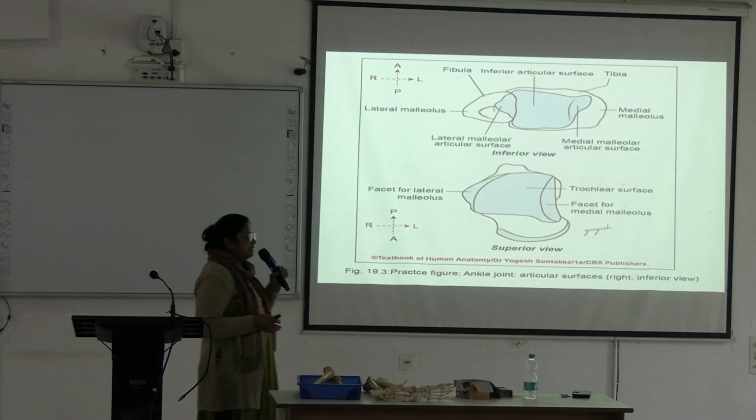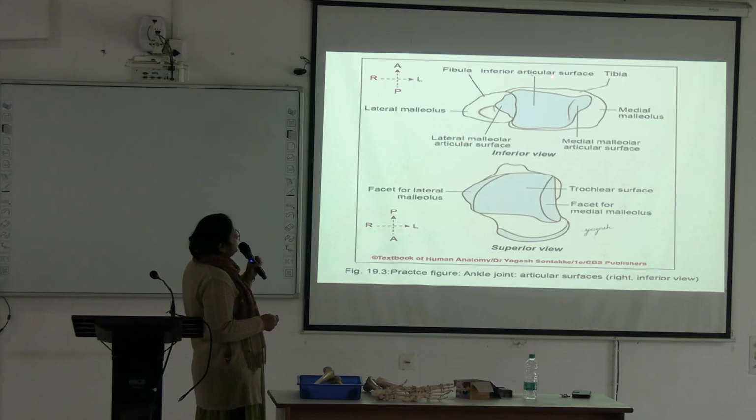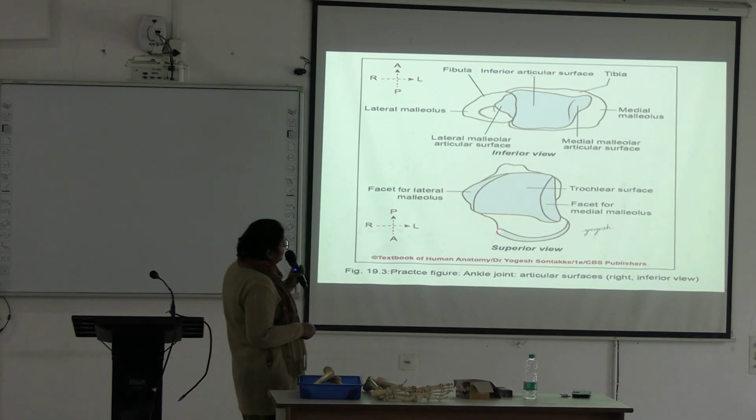or sprain. So this is the superior articular surface, this is the trochlear surface, and you can see laterally a triangular articular surface is present and medially a comma-shaped articular surface. The lateral triangular facet articulates with the lateral malleolus, and this comma-shaped surface articulates with the medial malleolus. Here also the superior surface is wider anteriorly and narrower posteriorly. Medially comma-shaped surface, laterally triangular. And this part is the head of the talus, this is the neck of the talus.